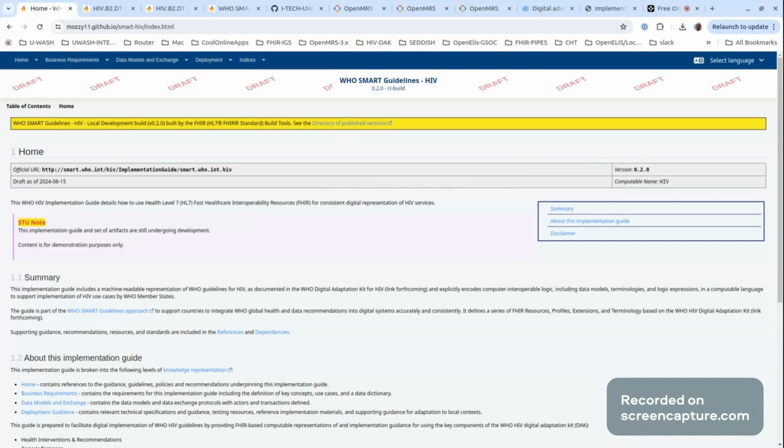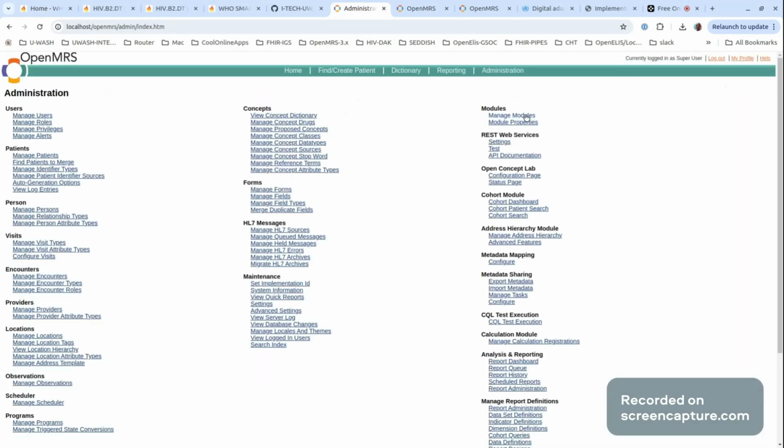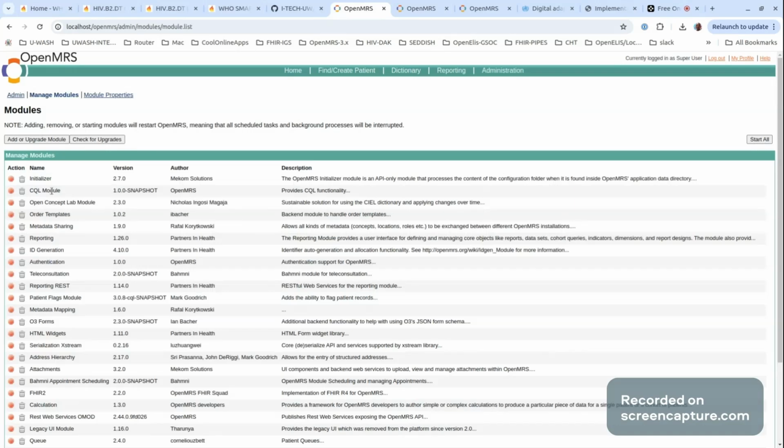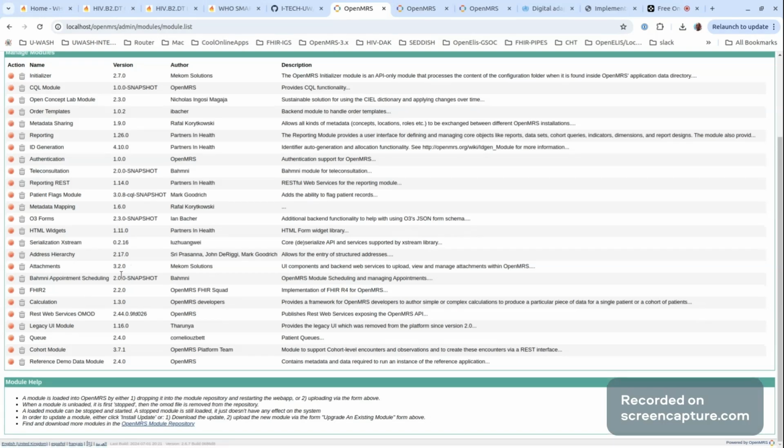I'm going to demonstrate how to implement WHO SMART Guidelines decision support in OpenMRS. Firstly, in OpenMRS, you'll need to add the SQL module that is going to evaluate the plan definition. And also you need to add the patient flags module. This will be necessary for creating the patient flags from the output of the plan definition evaluation. You'll also need the FHIR2 module, which basically adds